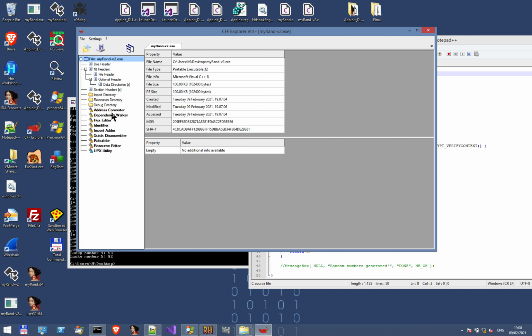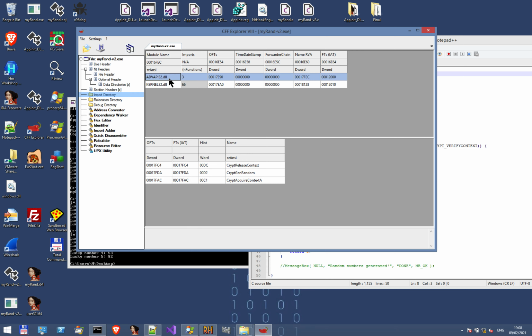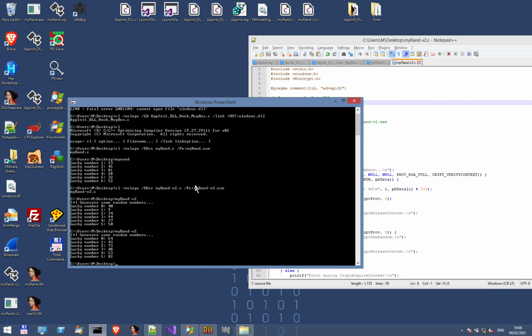To make sure, we can check its imports. We have only kernel32 and ADVAPI32 advanced APIs, which is used for importing the crypto functions. So let's manually link against the user32 library and recompile.